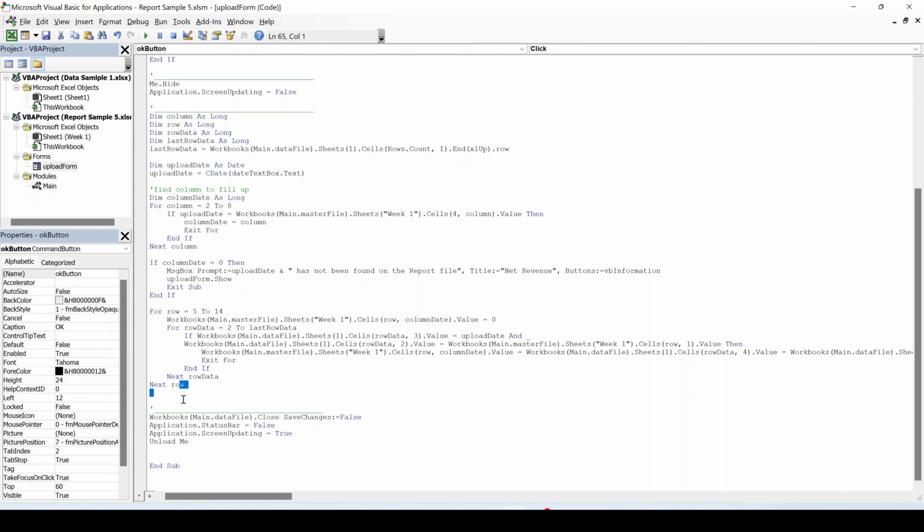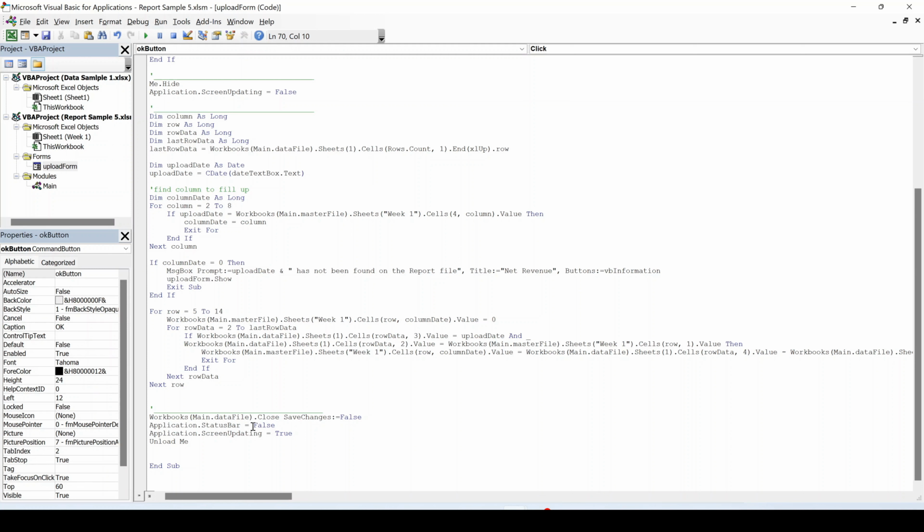So then we are closing our loops here, and once this whole loop is executed and we iterate through all the data, through all the rows actually, and we find a match, then you want to close this data file in this row, and then these last lines of code, what they do is